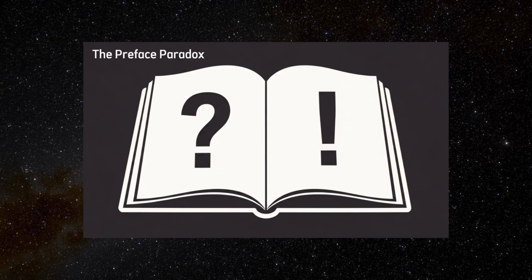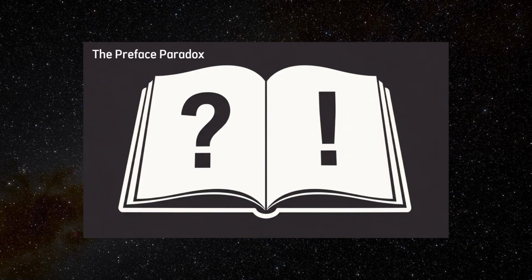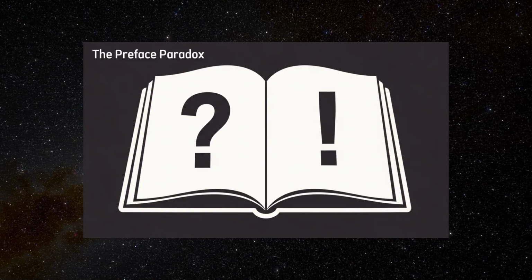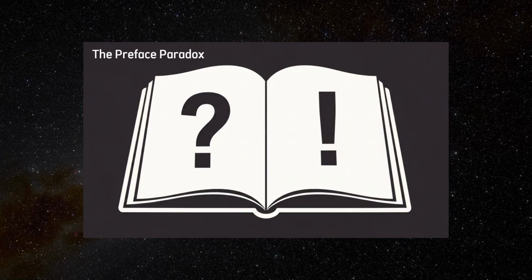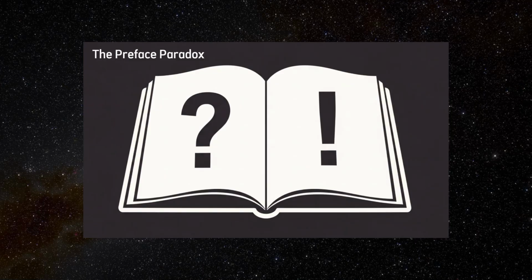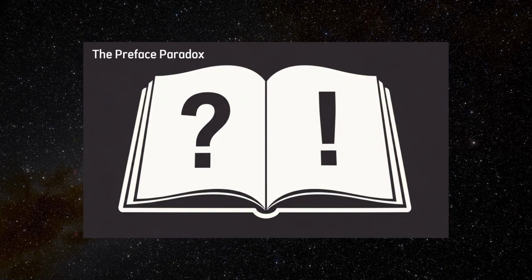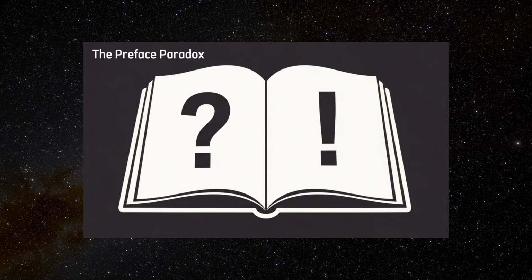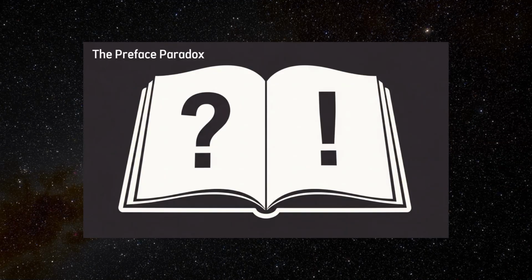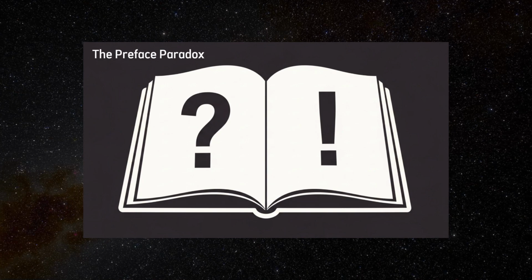reasonable belief, fallibility, and logical consistency. It is named after the common situation in which an author writes a preface to a book, acknowledging that while every individual claim made in the book is believed to be true, it is nonetheless likely that some error remains in the text. This paradox, which appears in discussions of epistemology and belief theory, challenges our assumptions about how beliefs